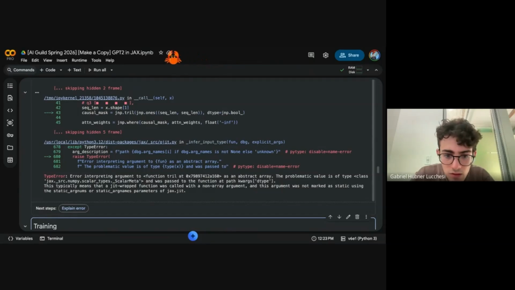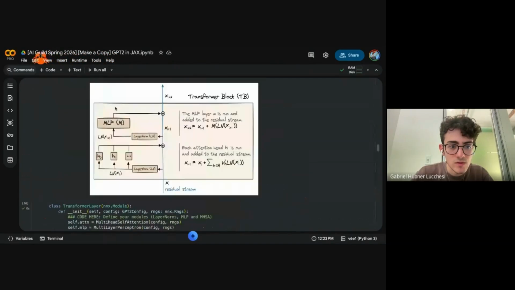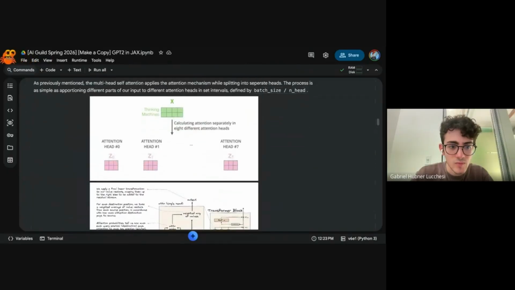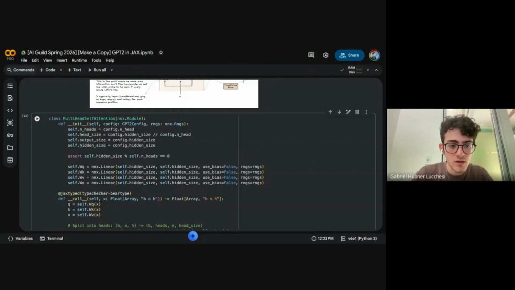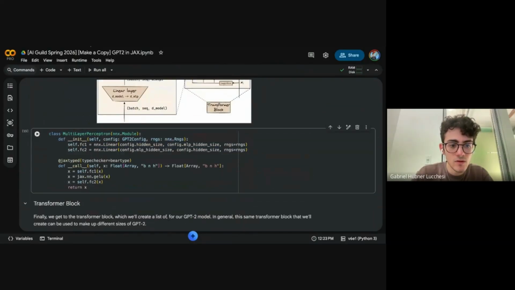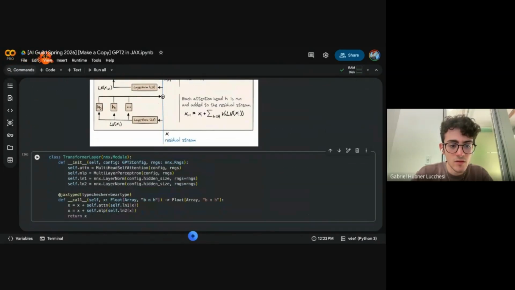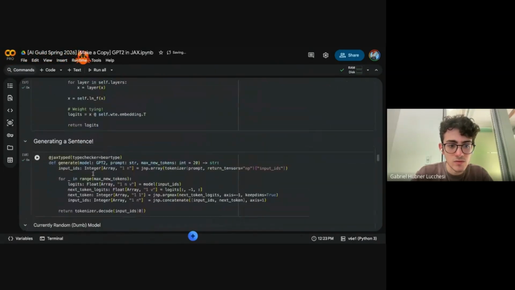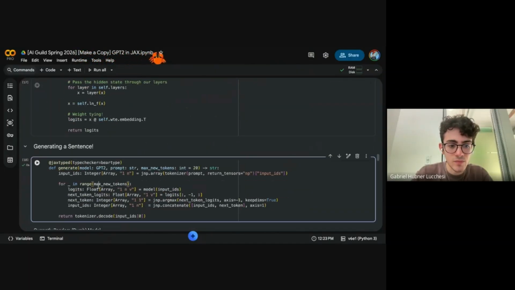If anything, I can just copy over the code I had on the other notebook, just so we don't lose this for the purpose of the demo. So I have the multi-head self-attention here, multi-layer perceptron, the transformer layer, GPT-2, our generate function.